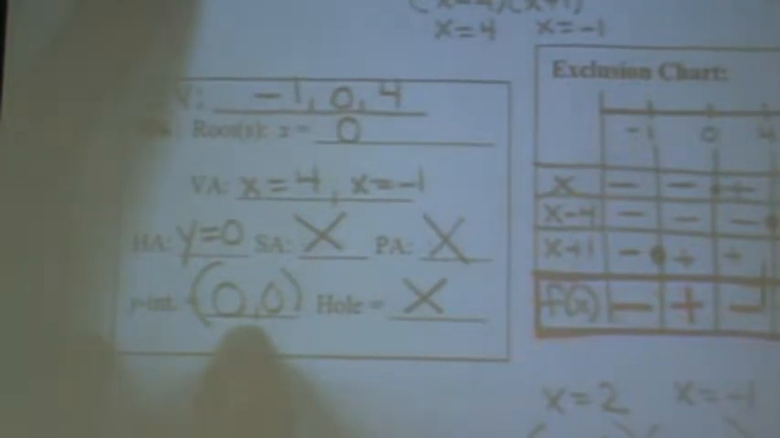Now, the y-intercept, if you were to plug a 0 in the top and the bottom for x, you get 0, 0. A hole is where you cross something out, and you're not crossing anything out. So, now, to put this together,